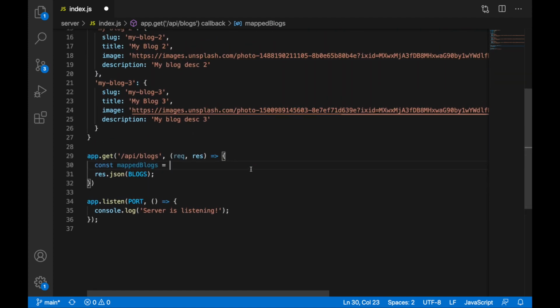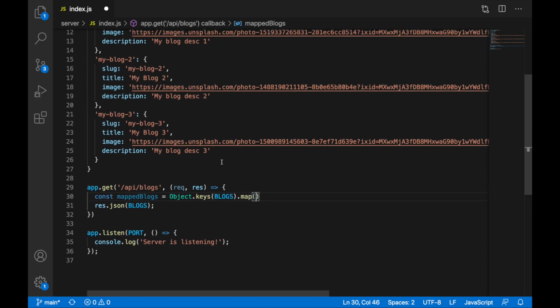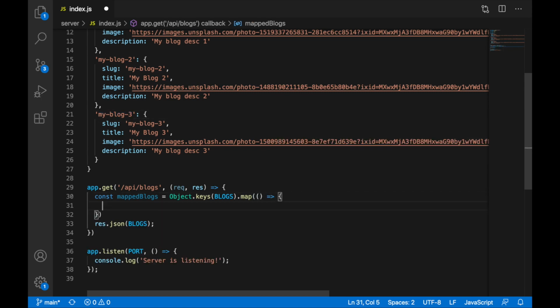Let's access here blocks, or let's write here like this, Object. We will get the keys of this object, Object.keys of the blocks. We'll use here the map function, and we'll map over the blocks. With the blocks we'll be mapping over the ID. So I'll get here my block ID, arrow function, and I will get here block ID